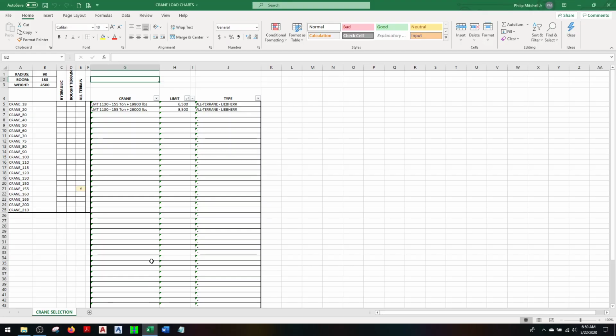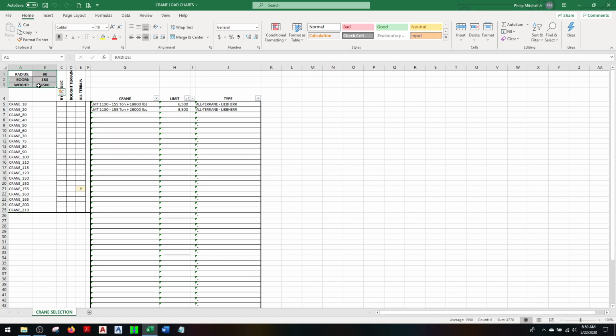Okay, Phil Mitchell again. Wanted to show you this little mini program I developed for crane selection. Where I had been previously, they would literally just make a complete guess, and it bothered me drastically, because in previous places where I worked, where we use cranes a lot, we would actually look up